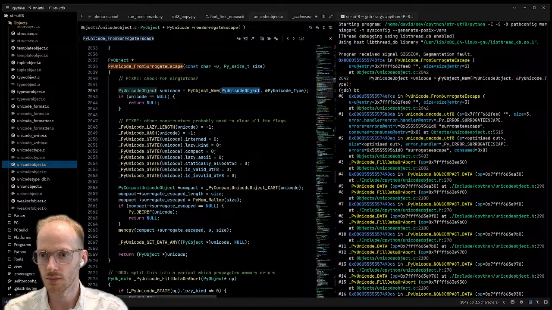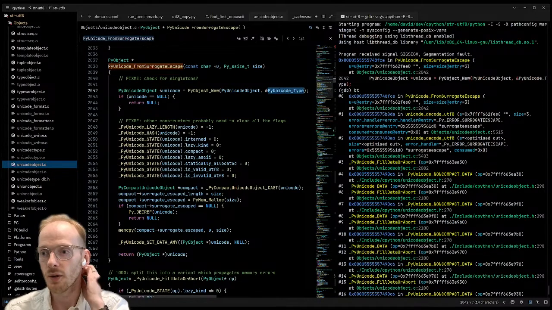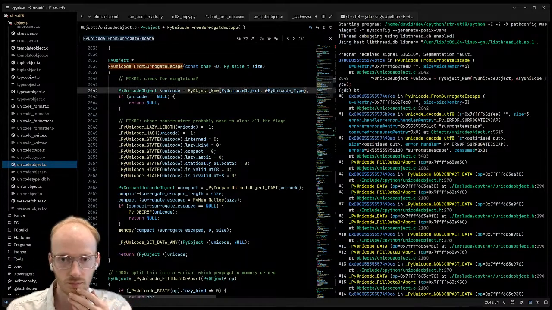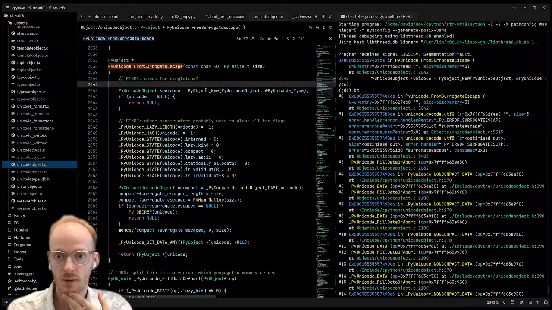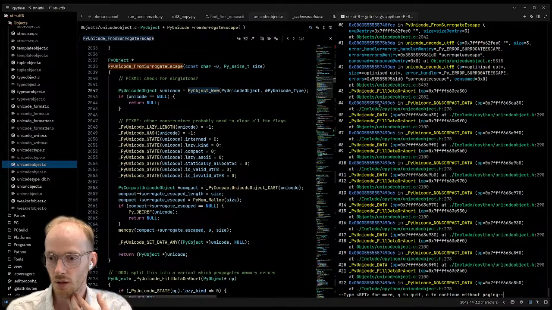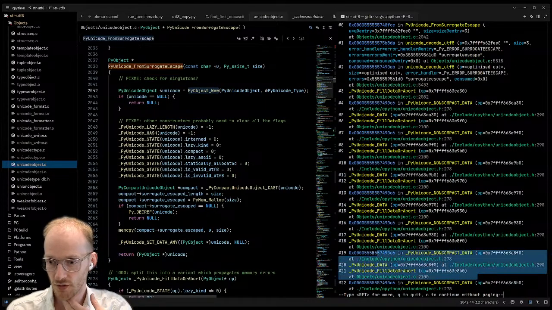How can it crash there? Is it a cycle? Maybe it's a cycle. Yeah, that looks like a cycle.